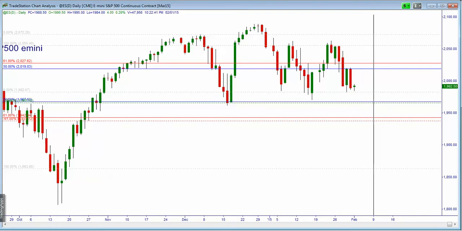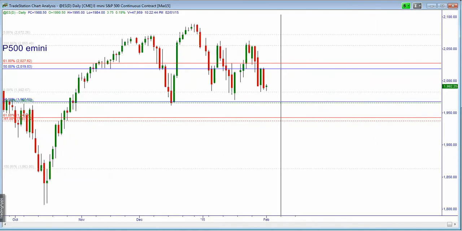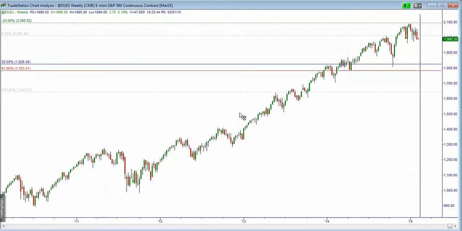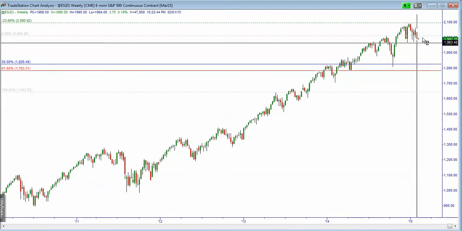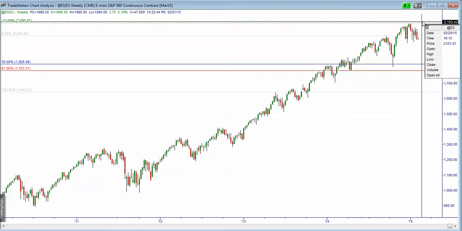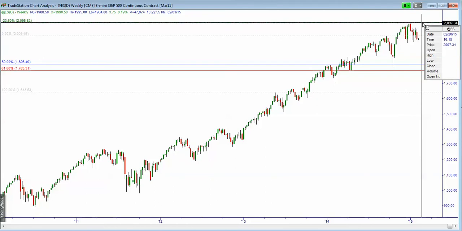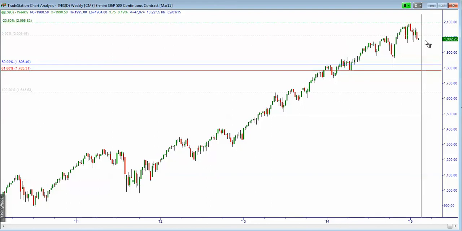So really nothing to do in this market on the larger time frame. We know that the SP 500 is still in a cycle long, and the first target was at that 2095. The first contract was 2100, and this market didn't get there, but I believe it's going to get there